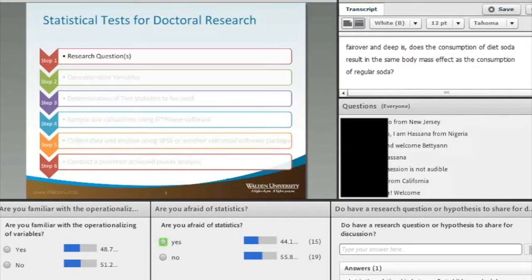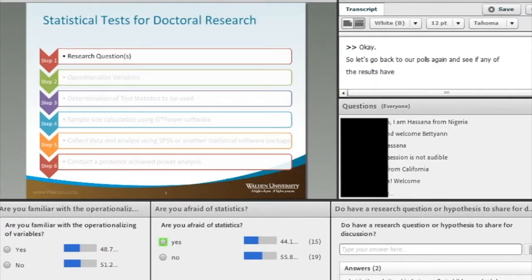Okay, so let's go back to our polls again and see if any of the results have changed based on what we've already learned. So the first question to the left, are you familiar with operationalizing of variables? And again, it looks like it's about 50-50 that are familiar with operationalizing variables. And on the question of are you afraid of statistics, it looks like it's around 40% saying yes